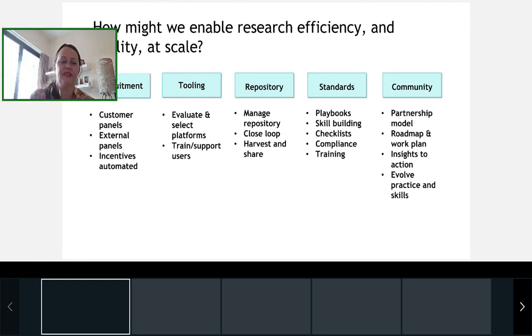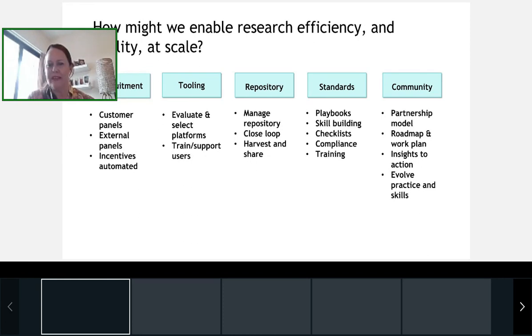I wouldn't say that we've finished, but the big challenges that we all in this sector would always have is recruitment. It's hard, right? Finding the right sort of person to fit the profile, and all of the painful incentivizing and payments and getting participants to contribute. The tooling, there are so many new platforms out there now. If you just go to insightplatforms.com, you're going to find a truckload of them, and they're coming through all the time. So choosing the right ones and actually using all of the features as well.